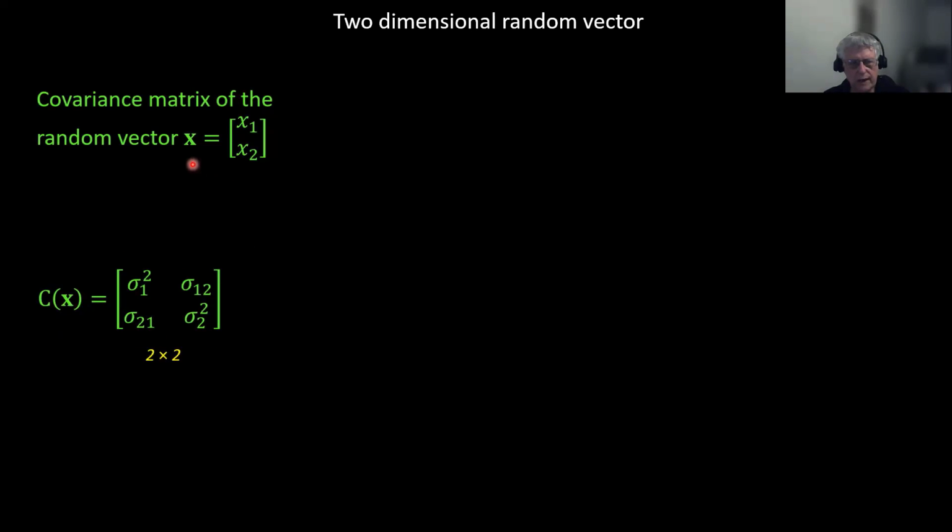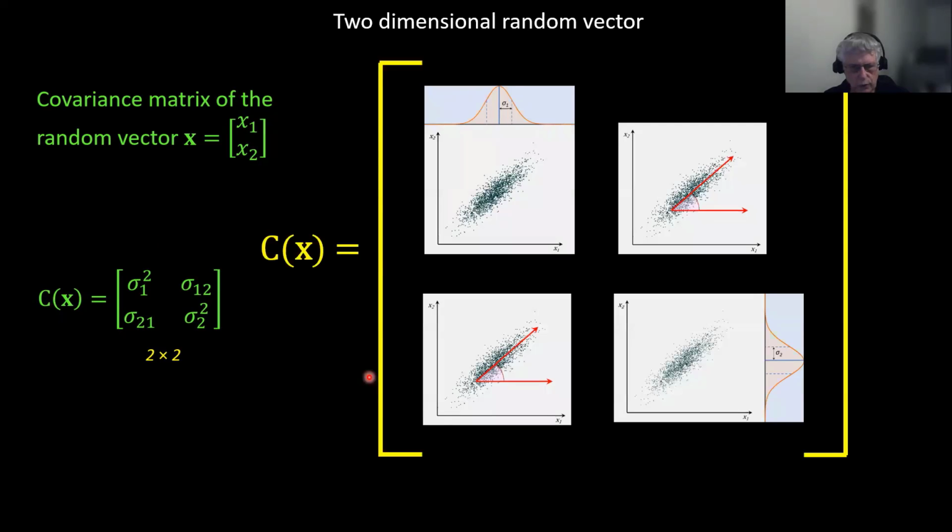So here's my random vector x, x1, x2, individual random variables. A stochastic description of the variability of these requires a 2x2 matrix, a covariance matrix. This is a symmetric matrix. This element equals this element. Drawing it as a picture,